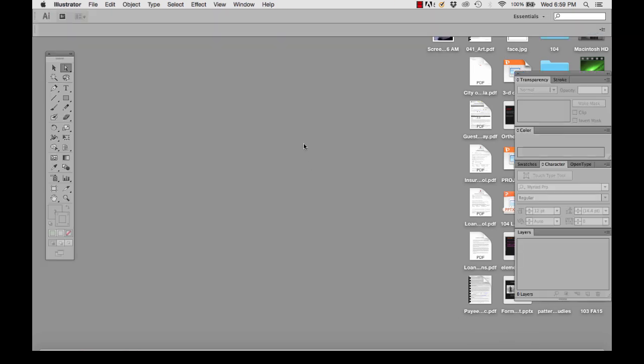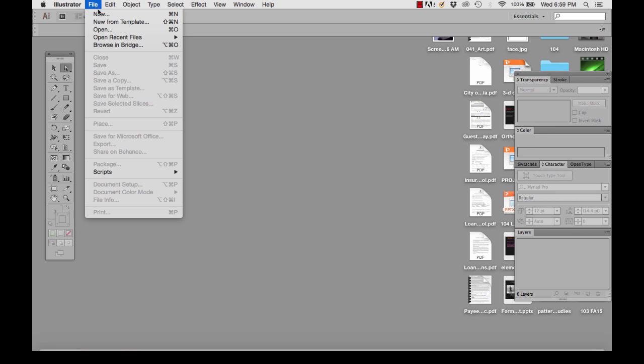Okay, this is going to be a little video on the three-axis radial symmetry project. I'm going to show you how to use your scanned object that you've turned into a reflective piece of symmetry already. So we'll open up Illustrator and then go File, New,